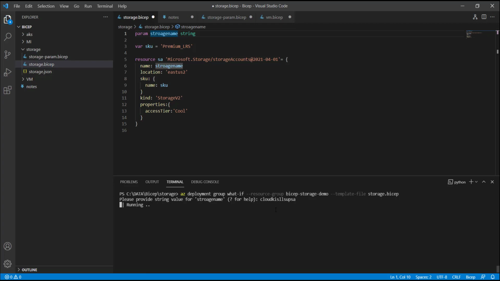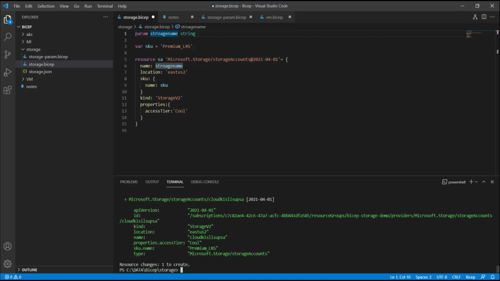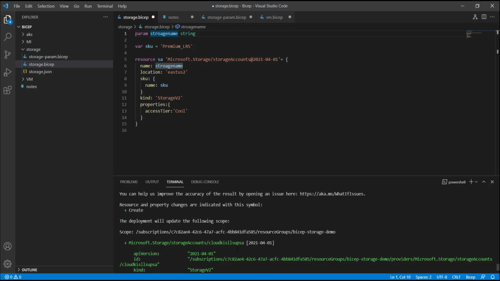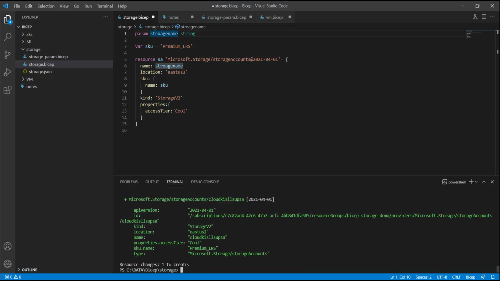Apart from that, it will check the resource, and if it is available, validate what the changes are. So it's saying that everything looks fine, and if we run this particular template, it will create one resource, and that is nothing but our storage account. So we are good at this level.